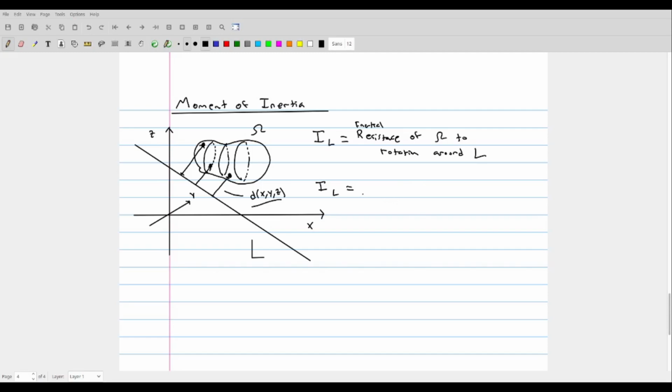You can show from Riemann sums that this is going to be the triple integral over omega of the density function multiplied by the distance function to that line squared,